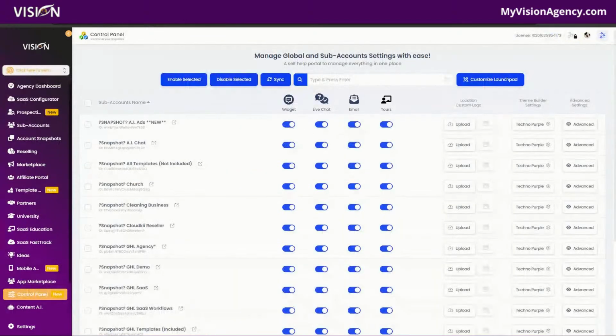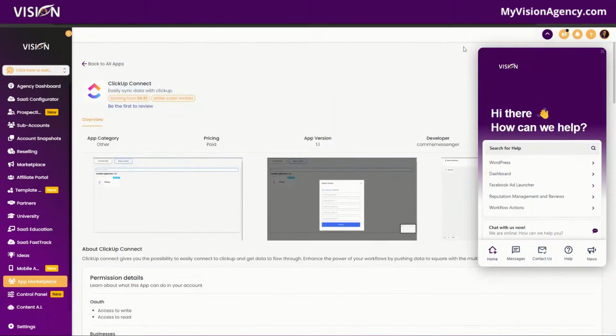Oh, let me get back to where I was here. That help widget I can choose to show. Do I want live chat? Because maybe I have different plans where if they sign up they'll receive widget support or email support rather, and then if they upgrade to another plan then they receive the live chat support. Okay, that's in a lot of SaaS plans. So again, you have the ability to customize that. Also, the email system and the different tours. So the tours would be,